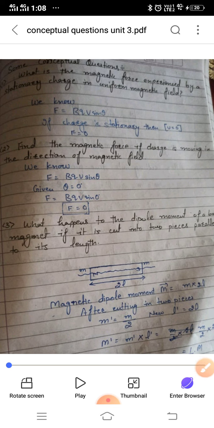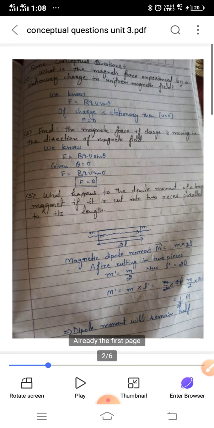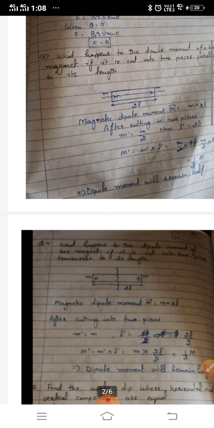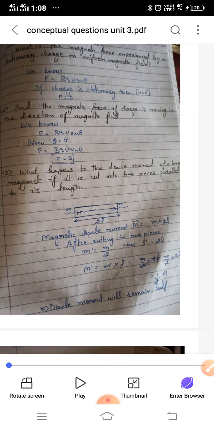I hope you understood. Next question is, what happens to dipole moment? Two questions are here, and these two questions are very important. What happens to the dipole moment of a bar magnet if it is cut into two pieces parallel to its length? So two questions are here. One is when it is cut parallel to its length, and one is when you cut it